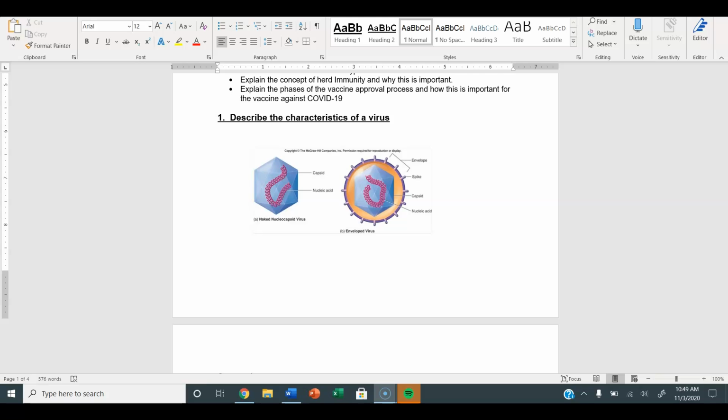I wanted to give you a short introduction to the characteristics of a virus. This semester we've been talking about eukaryotic cells, the cells that make up organisms like humans and plants and fungi. We know that they have various parts: cell membranes and a cytoplasm that has a nucleus and mitochondria and all sorts of ribosomes and other structures.